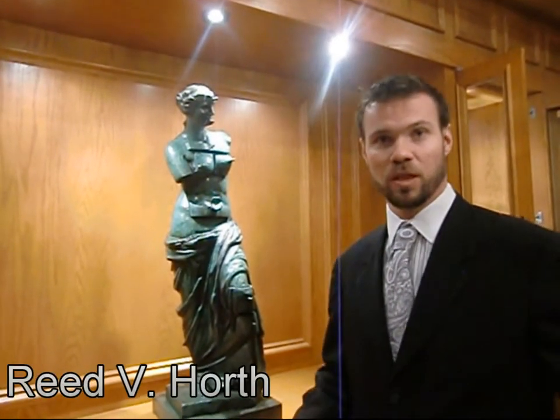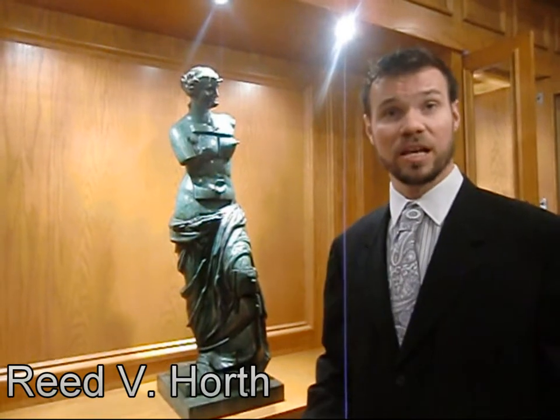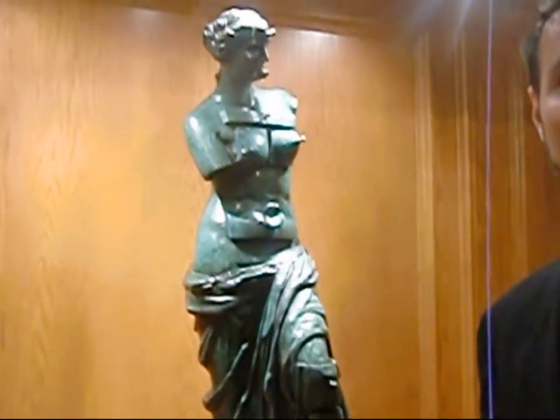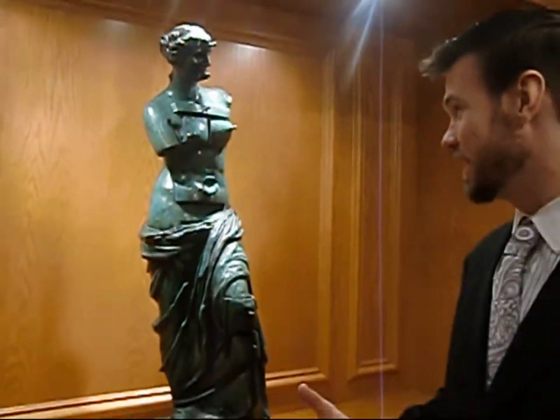Milo in Drawers is actually one of the most significant sculptures from Salvador Dali, and essentially what we were trying to put together with this exhibit was both the old and the new. And this, obviously, the Venus de Milo is one of the classic sculptures of all time. And what Salvador Dali did in 1964 is he updated the Venus de Milo. And much like the club, it's just an updating on something which we're very familiar with and